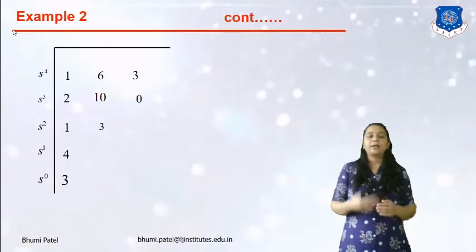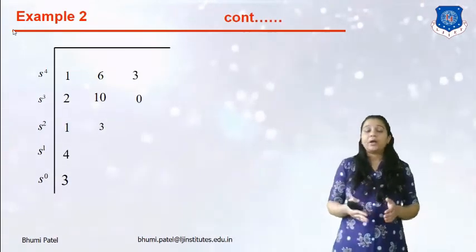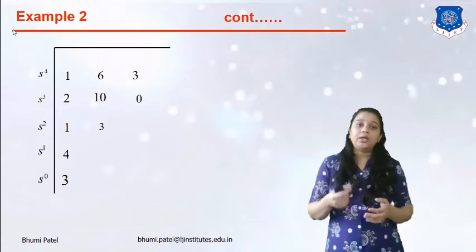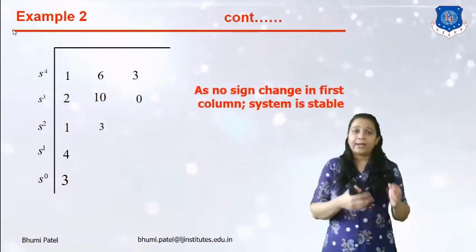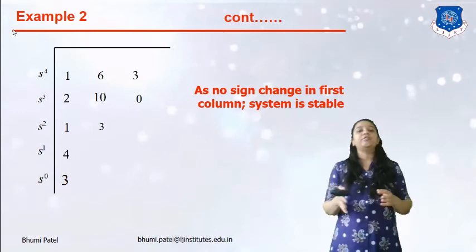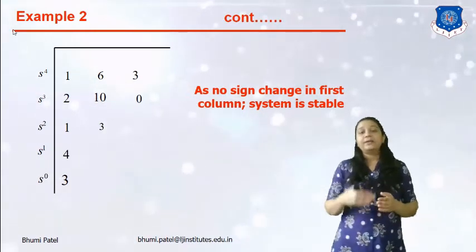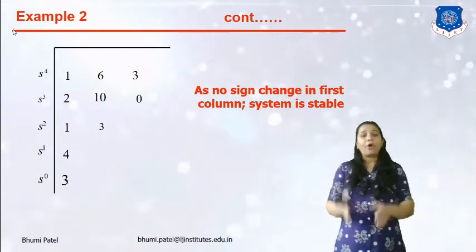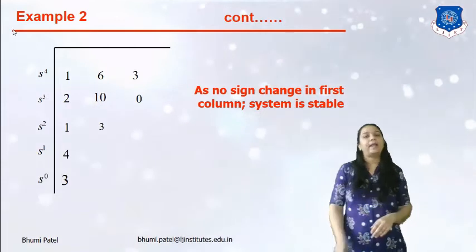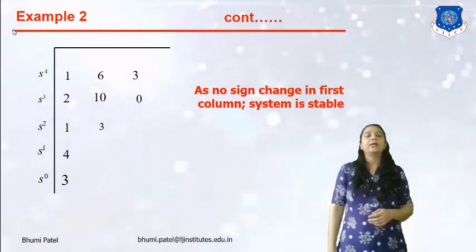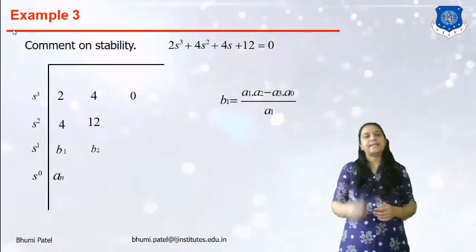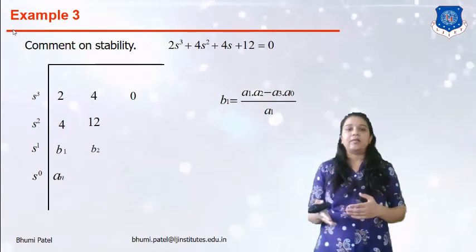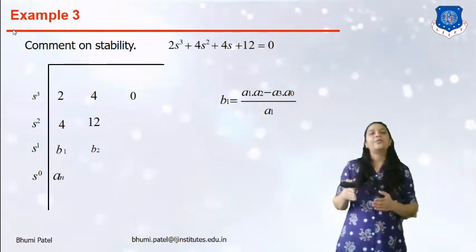So this is my complete Routh array table. Now the next step is to check the first column. Here you can see that there is no sign change in the first column, that's why this type of system is known as a stable system, because all the roots are located in the left hand side. Okay, clear? Now example number 3, comments on stability, and the equation given is 2s cube plus 4s square